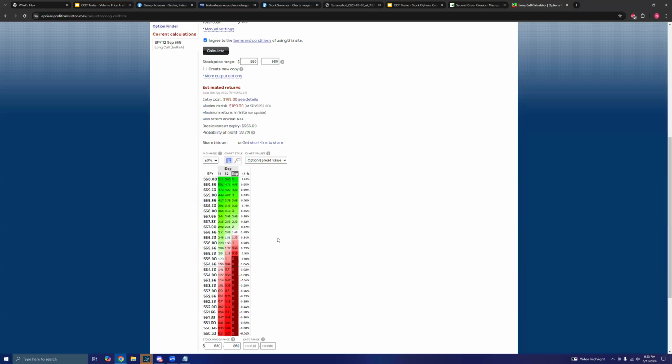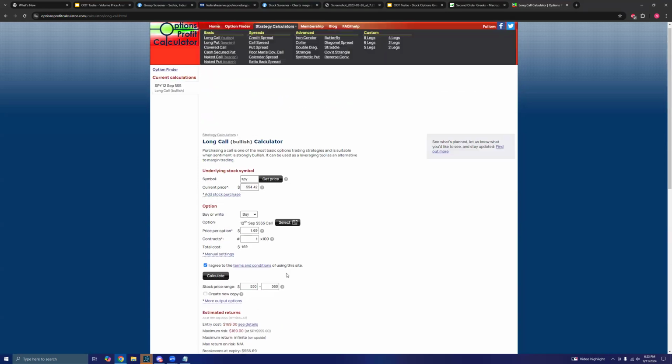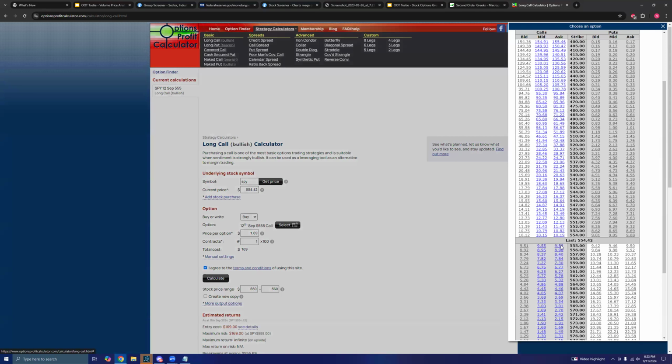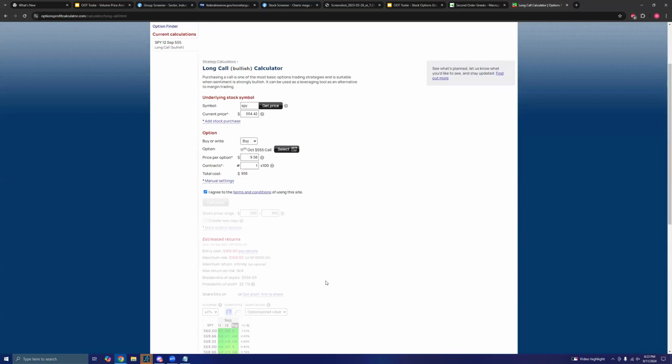And that was just showing the best case scenario, right? Best case scenario is we're either flat or we're in profit. But what happens if stock price slightly drops or significantly drops the equivalent amount, right? If stock price were to drop $2 overnight, that contract would be down 86%. And just to compare to a contract with much more time, we'll pick an equivalent contract. Let's just go out to the 11th of October, same strike, 555, and calculate that.